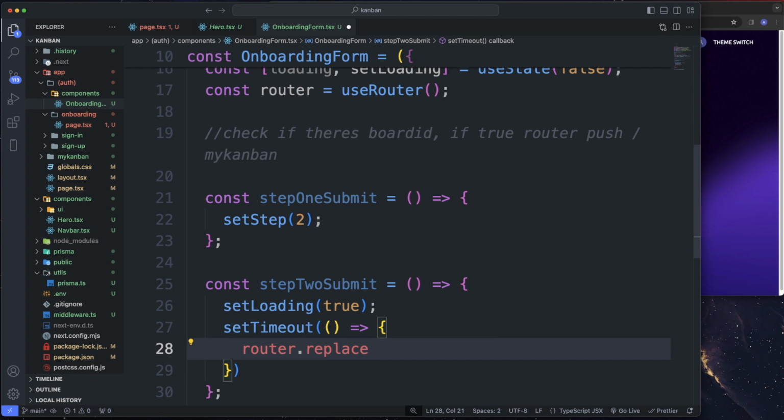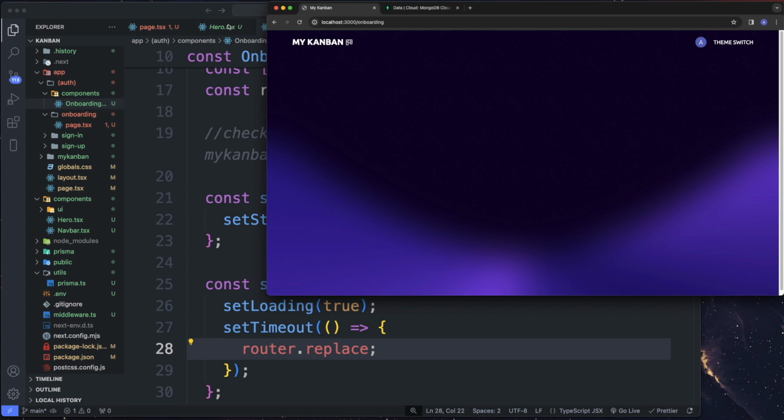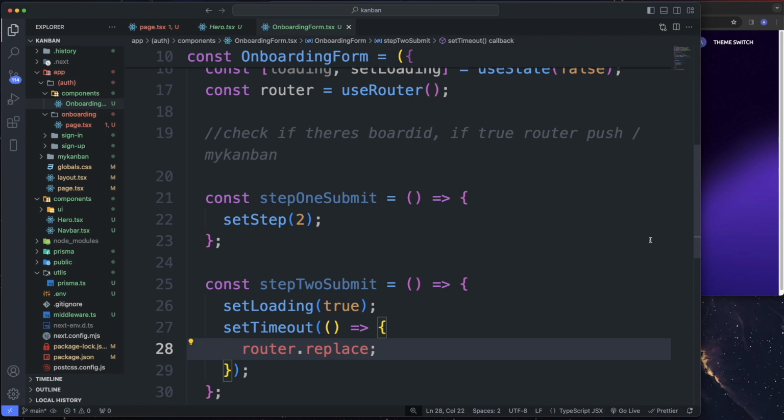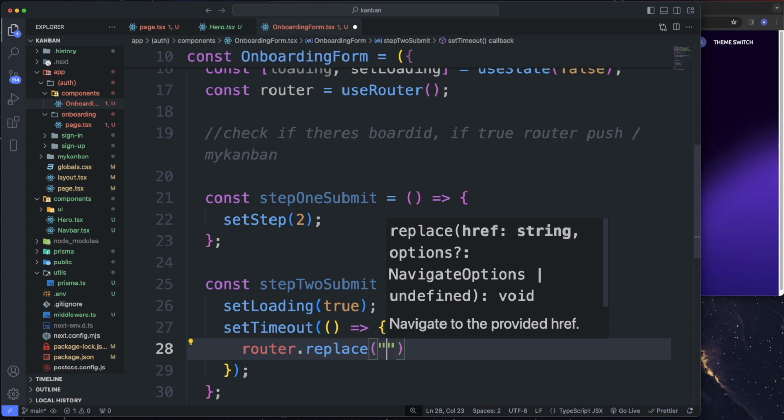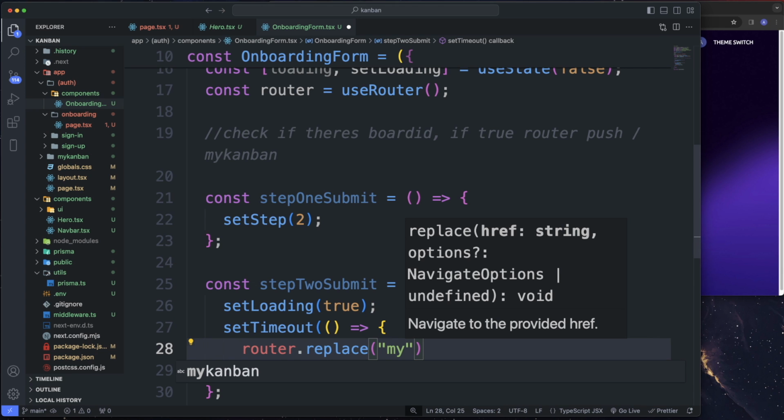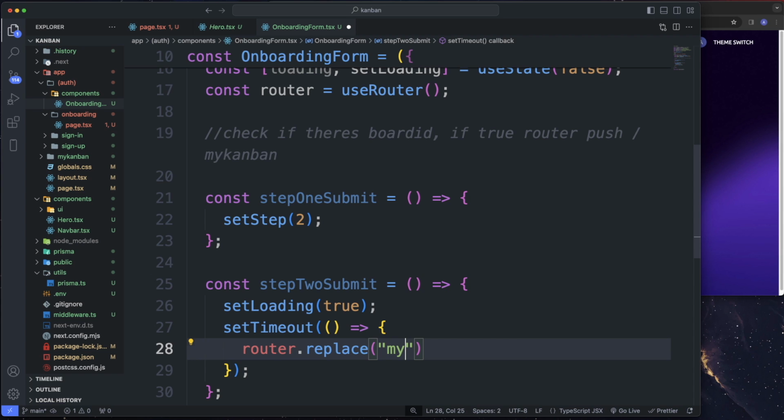So normally you probably will use router dot push. So router dot replace, it basically, so when you use router dot push, it adds a route to the stack, and basically the user can go back to the previous route. So if we do router dot push, the user can press this back button and it'll take them back to this onboarded page. We don't want that to happen, so we're going to use router dot replace. It'll just replace the whole entire stack with this my Kanban route. So when they get pushed to this route, they won't have an option to get pushed back to the onboarding page, because we don't want them back on this page. So